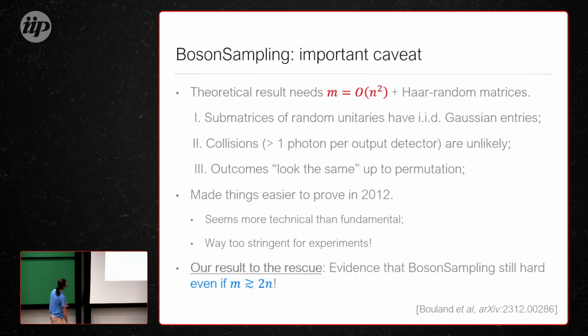So here enters our result, where we give evidence that this model of boson sampling remains hard even if the number of modes is only twice the number of photons, which matches exactly what experimentalists are doing. Basically, we're patching the claims in the experiments. We're saying, retroactively, experimentalists, what you're doing is fine. And they'll reply with, we didn't ask you, we don't care, we're just going to do this because that's what we can do. And what we're saying is, yes, okay, but keep on doing that because it's fine. If skeptics come to talk to you, tell them to talk with us because we can prove that's fine. That's basically the gist of this result.